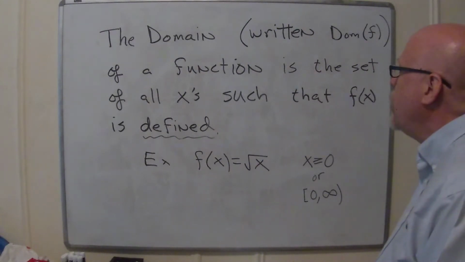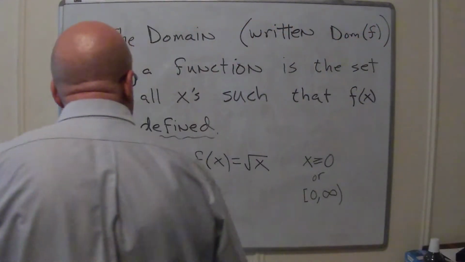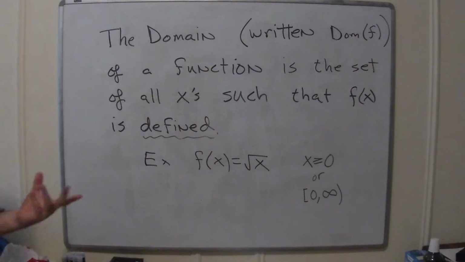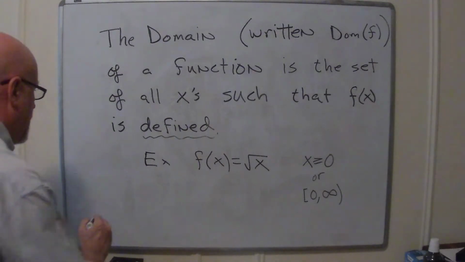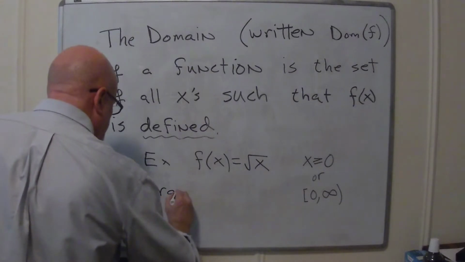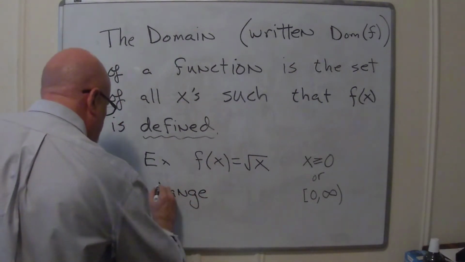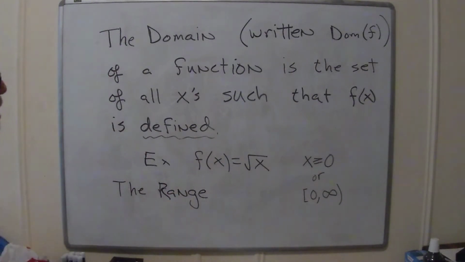All right, so that's one of these sets of interest. This one has to do with the inputs. The other thing to consider is the outputs. That is called the range. Maybe I should capitalize it the way I did domain. The range of a function, and I believe they misstate it slightly in the book, is the outputs that literally do occur. That is, there is some input that gets sent to that output.